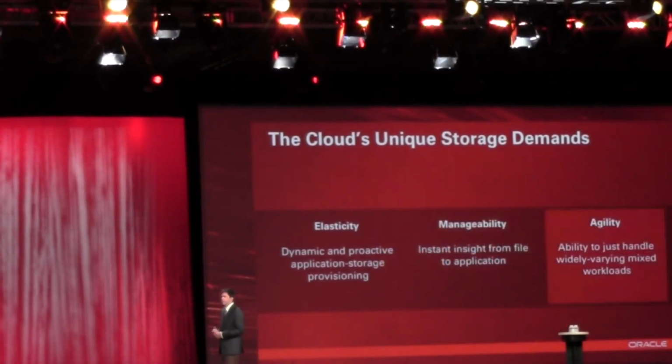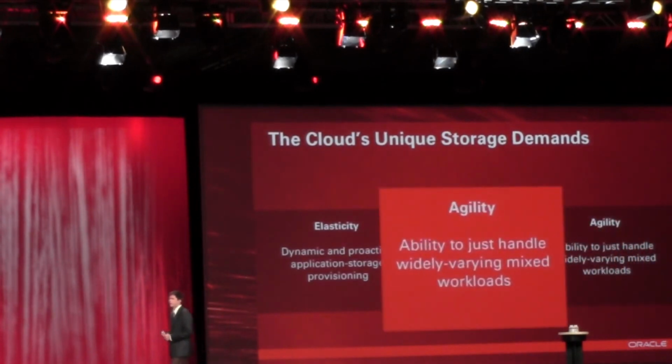And then finally, the ability to handle just about any workload. By its nature, you want to put lots of different workloads on it, and you don't know what's going to happen today and tomorrow. So we've been engineering in a huge amount of not just performance headroom, but the ability to handle, like I talked about with Exadata, any kind of workload, because you don't know what you're going to be hit with tomorrow. So